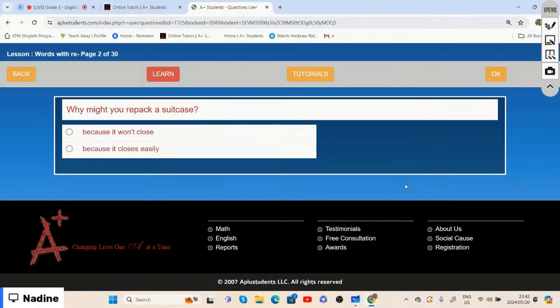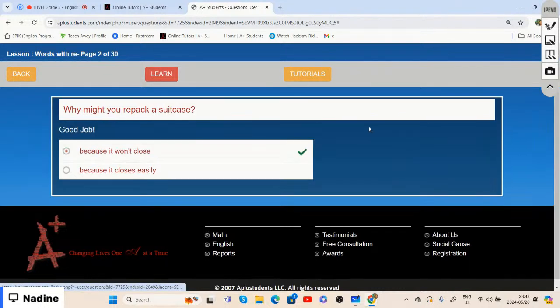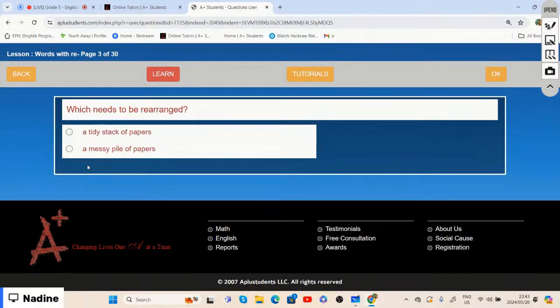Would you repack a suitcase because it won't close? Or would you repack a suitcase because it closes easily? So if you have too many clothes, and it doesn't want to close, would you repack it? Or if it perfectly closes, would you repack it? And if we were to choose the correct one, we would say because it won't close. So now we repack something. We repack the suitcase until we fit everything. We take some out,